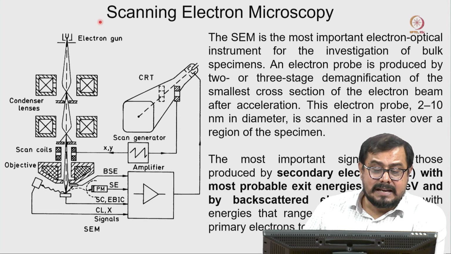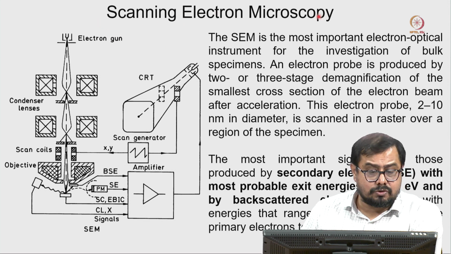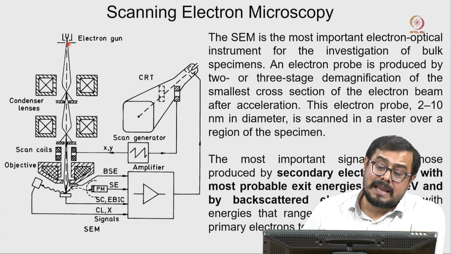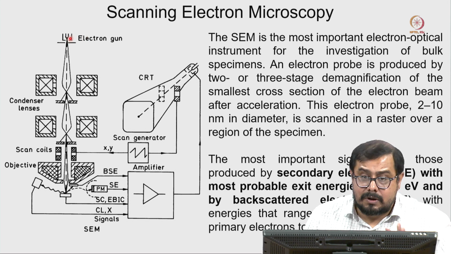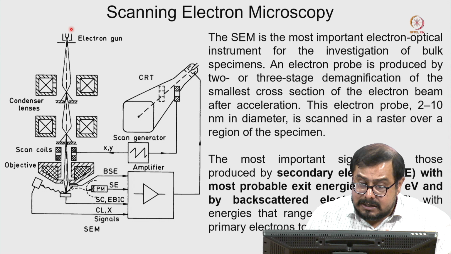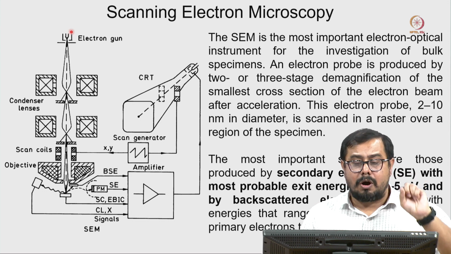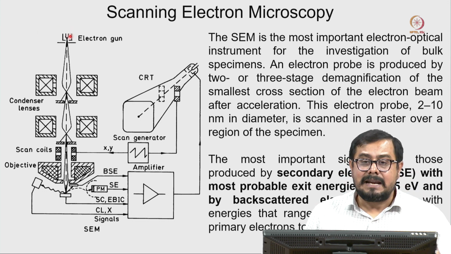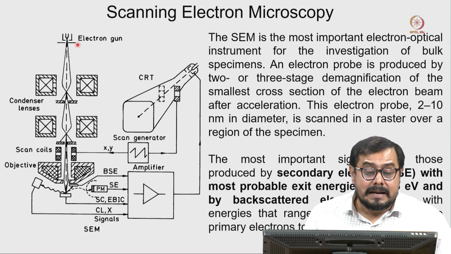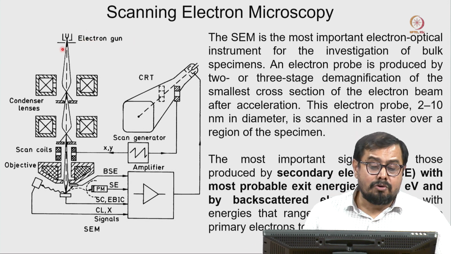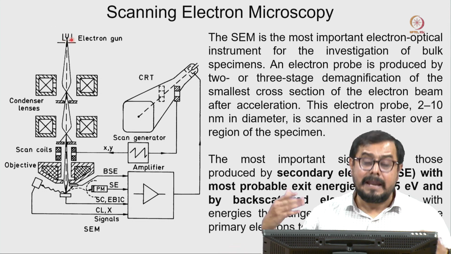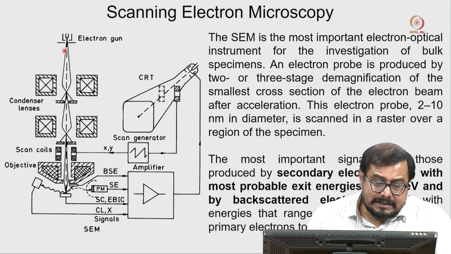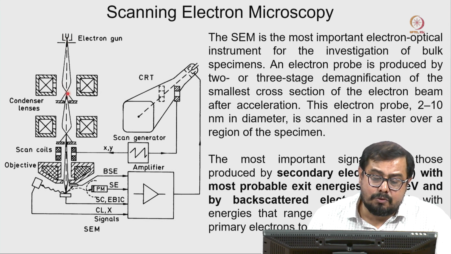So, here this is the architecture of a scanning electron microscope. Here you can see this is the electron gun, or you can say the source of radiation. For the light microscope we talk about light; this is similar to that. It is the light source of our microscope, which in the electron microscope is called the electron gun. This electron gun has different types of components that we are going to discuss in detail in the next class. Here you can see these electron beams coming and converging at one particular point.